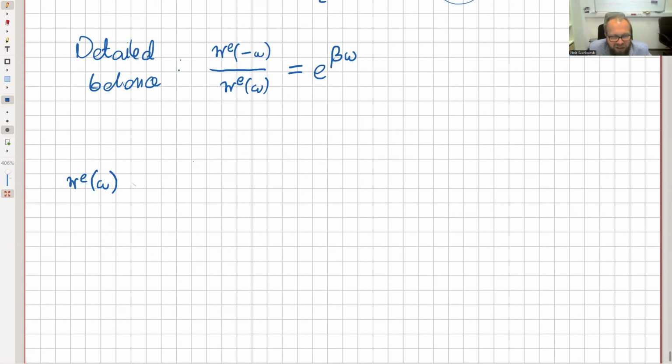We showed some couple of lectures ago that the fluctuation dissipation theorem allowed us to rewrite this